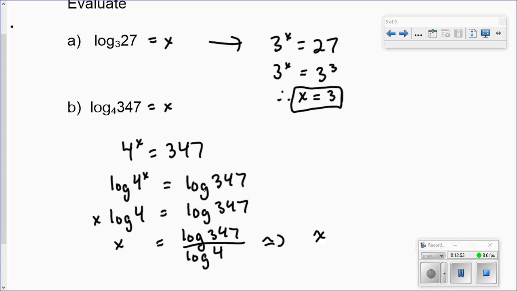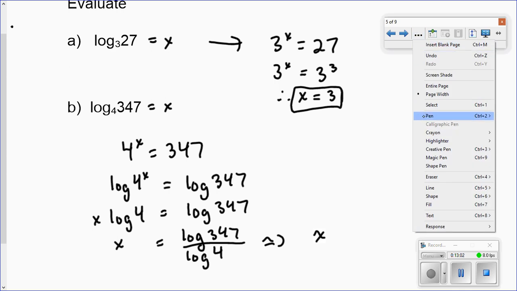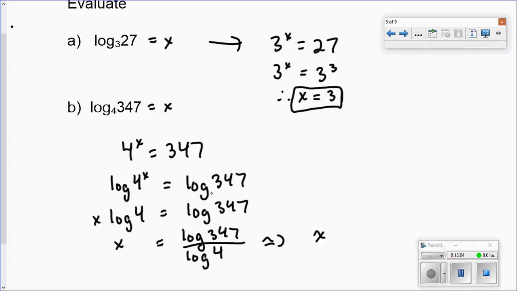When there's no base in this particular question, the log is written as just log of 347. It's implied that the base is 10. This was probably talked about last year in advanced functions. When there's no base written, it really is base 10. We don't have to write base 10 in here. Either way, when I get this on my calculator,